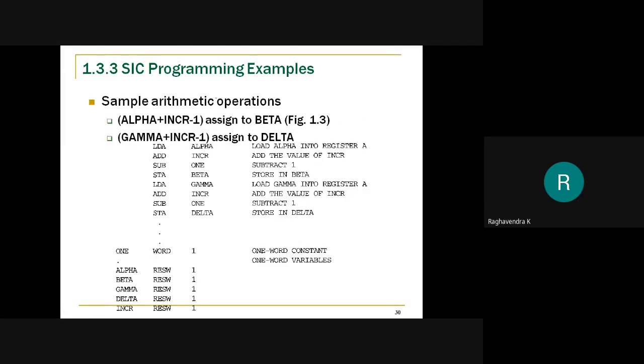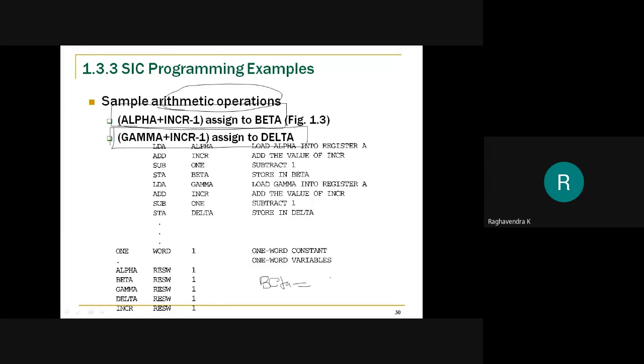Now let us look into one more example of how we can perform simple arithmetic operations. Let us write the program for performing these two statements. The first statement is: beta is equal to alpha plus increment minus 1.